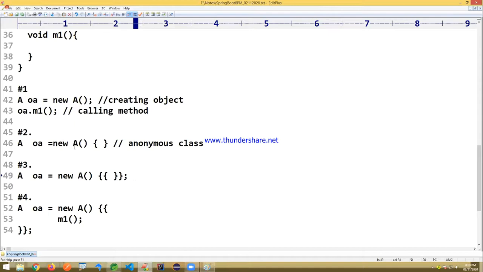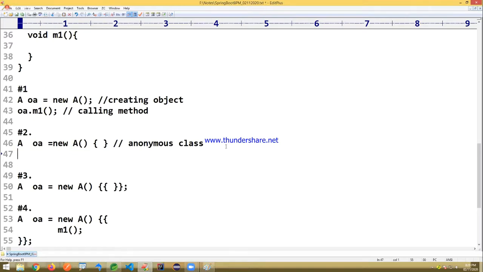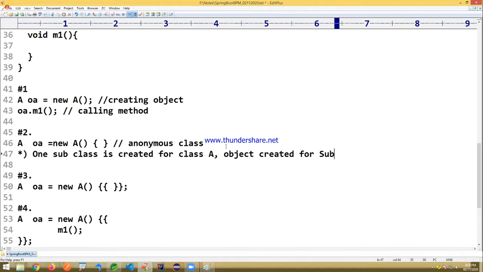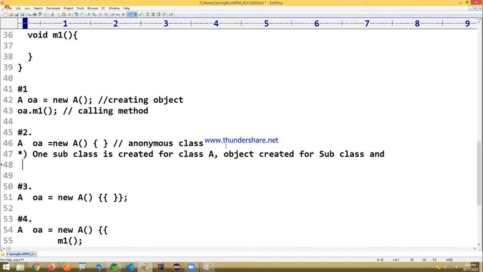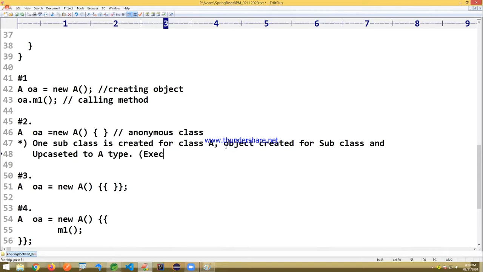One subclass is created for A without any name, and an object is created and upcasted to A. In your understanding here, one subclass is created for class A, an object is created for the subclass and upcasted to A type. What is the advantage? Execution is faster compared to normal subclass creation, object creation and execution.